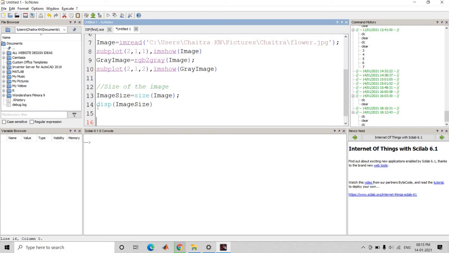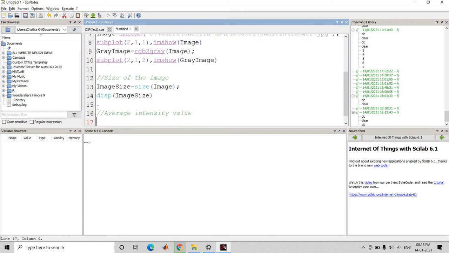Now next we have to calculate the average intensity value. To calculate the average intensity value, first make sum1 equal to 0. If you use only sum as a variable, it does not work because sum is an inbuilt function.